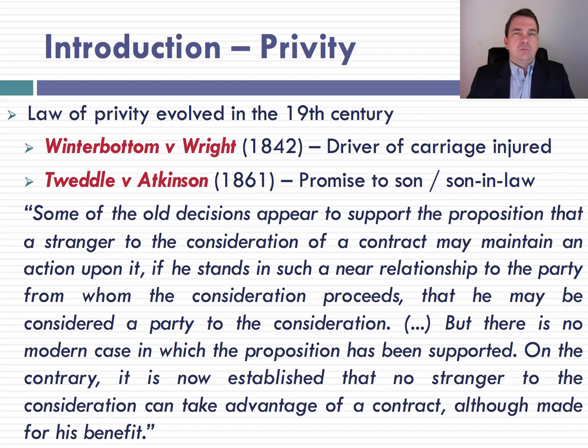The second rule of the Doctrine of Privity, specifically that you cannot confer benefits to third parties, was firmly established and entrenched in the case of Tweddle and Atkinson. What happened in that case was that there were two fathers and a son and a daughter. Now, the two fathers, being a father and a father-in-law, promised that upon the marriage of the son and the daughter, the father, as well as the father-in-law, that means the father of the daughter, would give the son money.